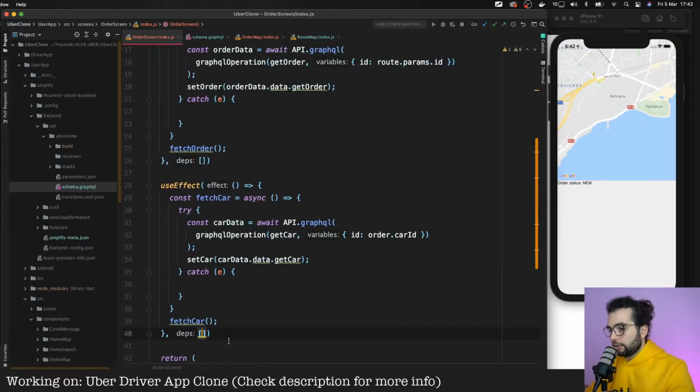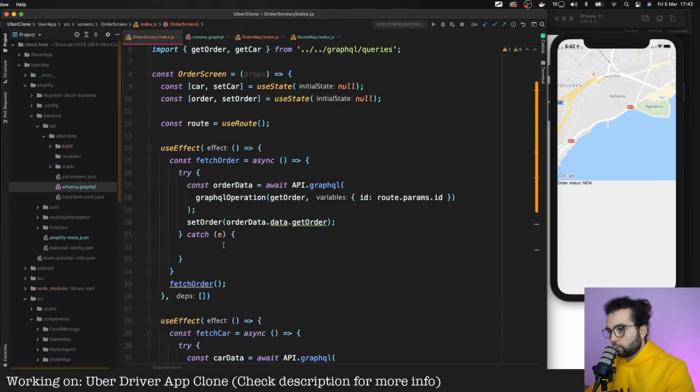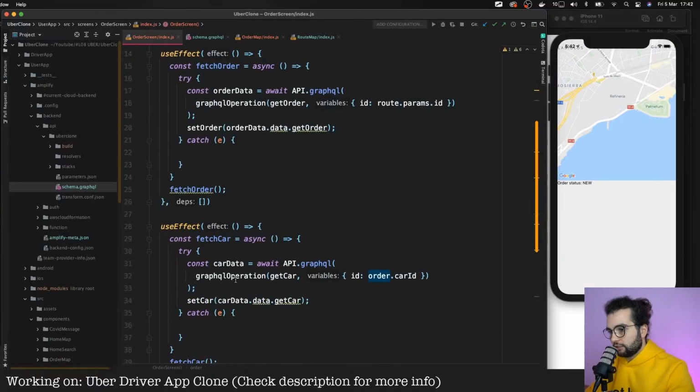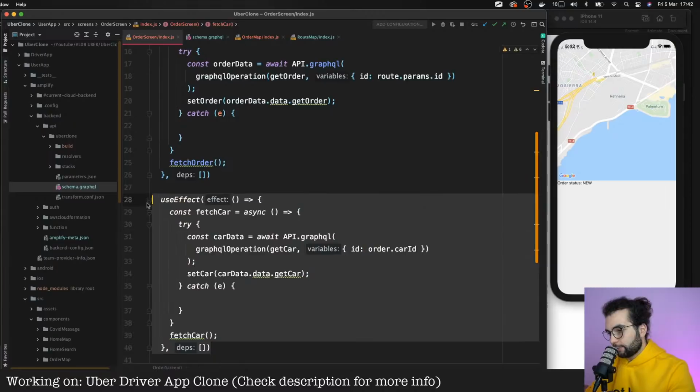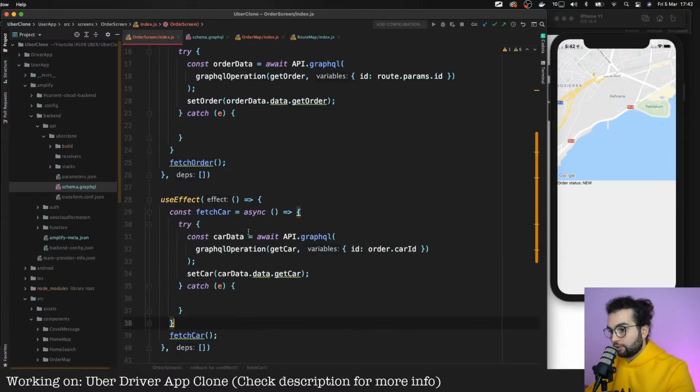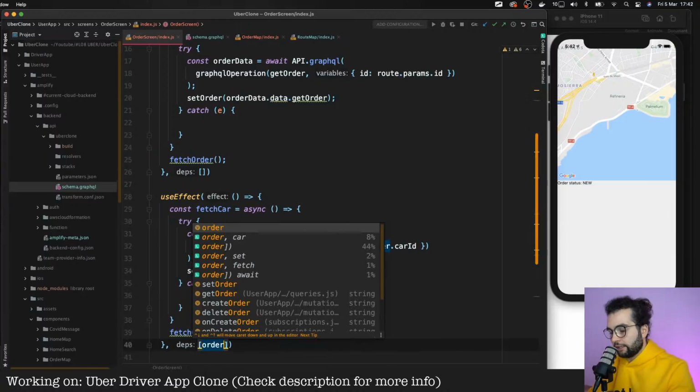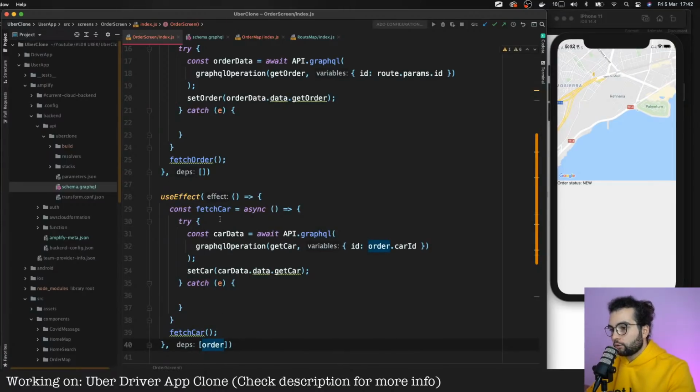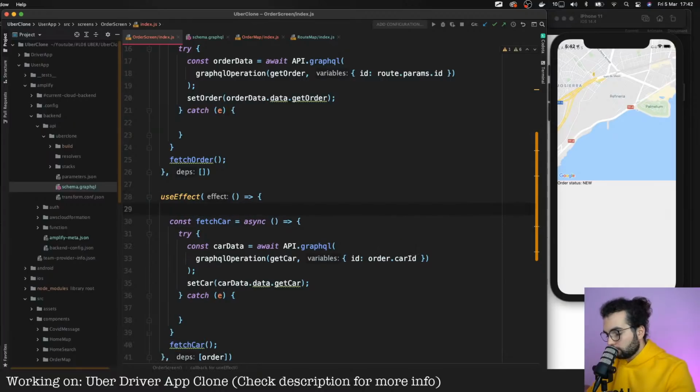But we should call this function whenever we update the order. So not when we start the application, because then we will not have any orders. Order will be null. So let's do here, whenever we update the order, we try to fetch a car. And we don't do it always.